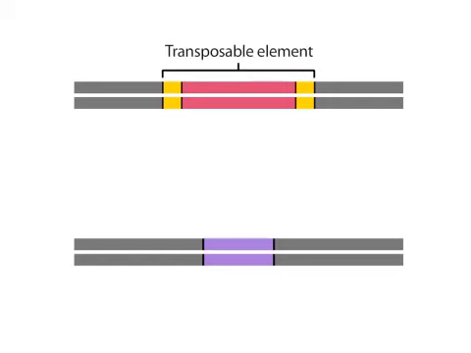Transposable elements, which are found in virtually all cells, are segments of DNA that can move from one location in the genome to a target sequence in another. A simple type of transposable element called an insertion sequence or IS element is only 700 to 1500 base pairs